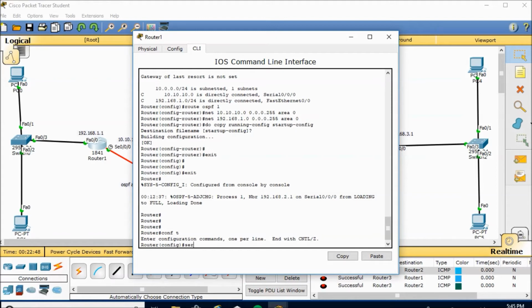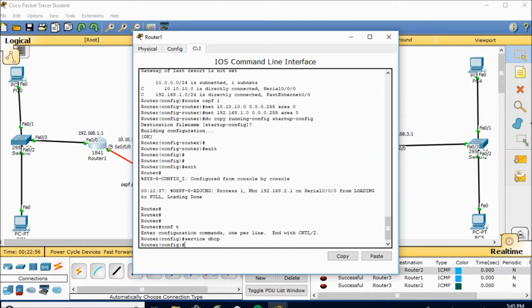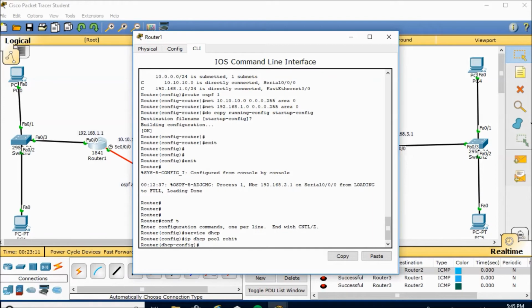Service DHCP. DHCP is a dynamic host configuration protocol, and then we do IP DHCP pool, and then the pool name. What do you like to write? The pool name. And then just type the network. What network is our router? Fast Ethernet gateway network is. Our gateway network is